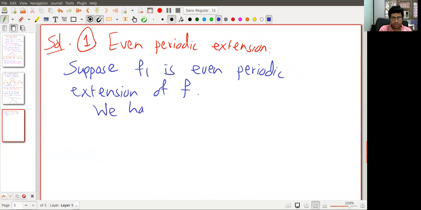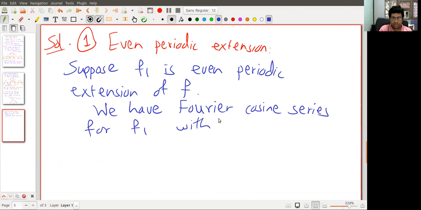Since it is even, we can find the Fourier cosine series. So we have the Fourier cosine series for f1 with coefficients